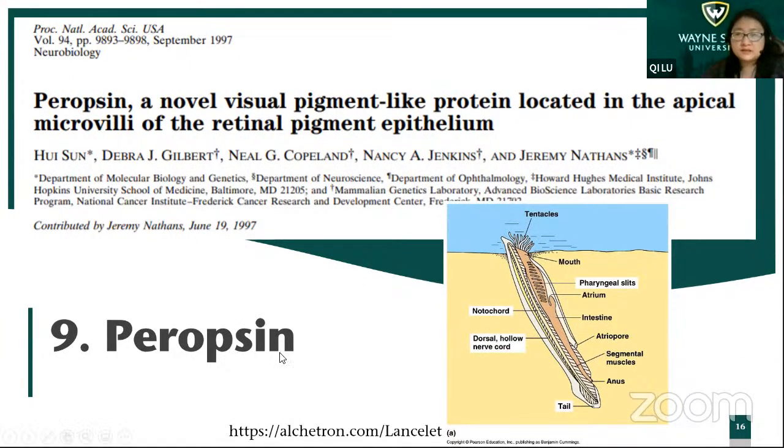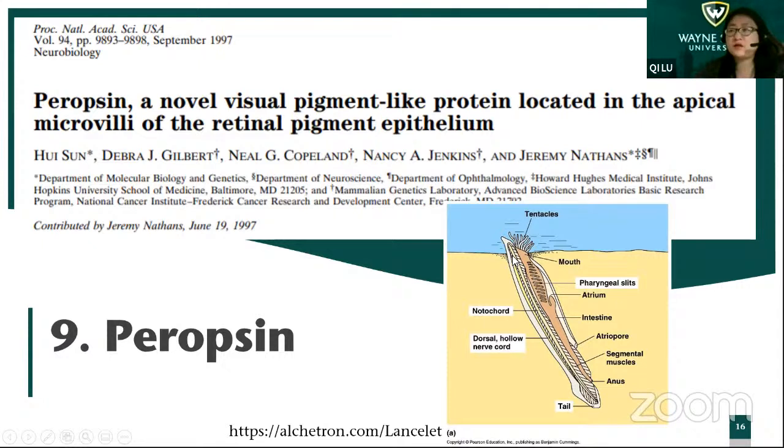Peropsin is in another species, the amphioxus. So this creature is very unique. It's an animal, but it will insert itself into the sand bedding of the lake. It has no movement like a fin, or it's degenerated, and the muscles form myotomes surrounding the spine. And it's a long